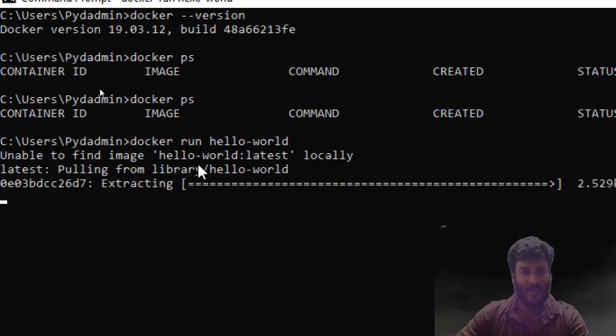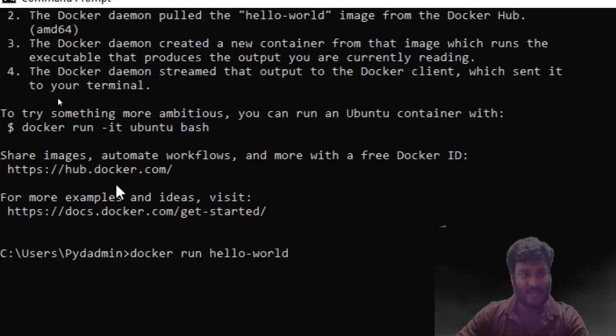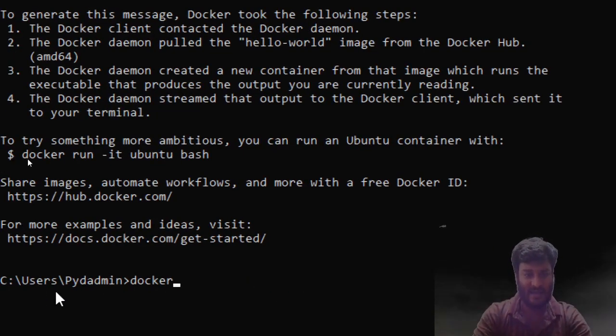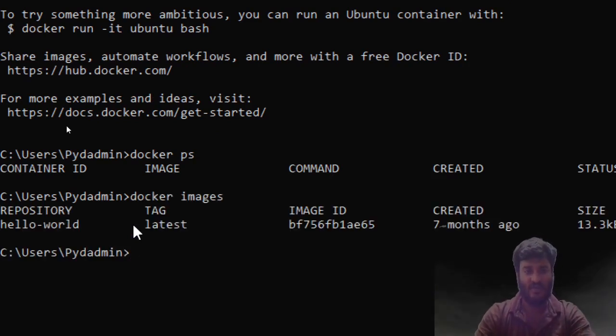You can see pulling from library hello-world, pull complete. Now if we say docker images, we have a Docker image which is hello-world.